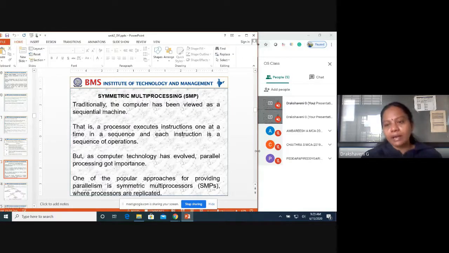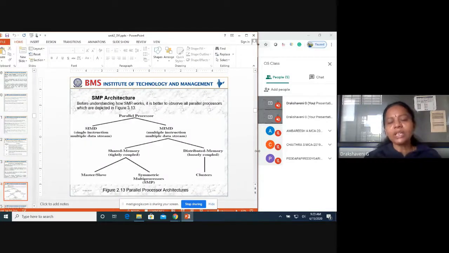So what is parallel processing? Different parallel processors are created. That's what is called a symmetric multiprocessor. One of the popular approaches for providing parallelism is the symmetric multiprocessor, or SMP, where processors are replicated. I may have n number of processors. So in this case, we can see the SMP architecture.